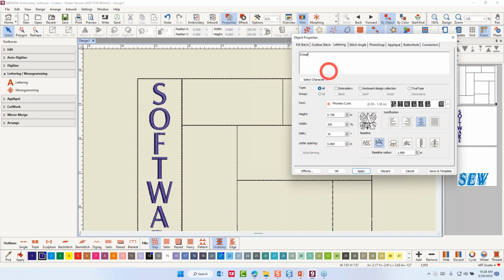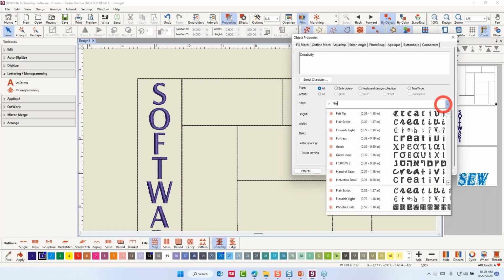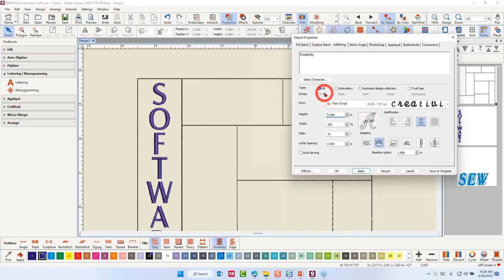I lost my creativity, so I'm going to have to go back. It remembered all my, let's see, this was 0.5. All right, now I should be good to go. I'm going to take the italics off of that too. I don't want that. Now, when I click Apply, I click in the center of this box